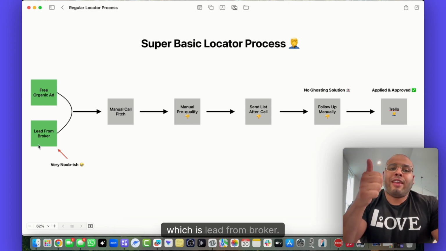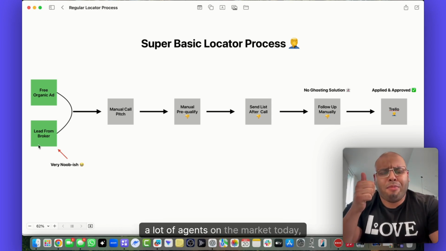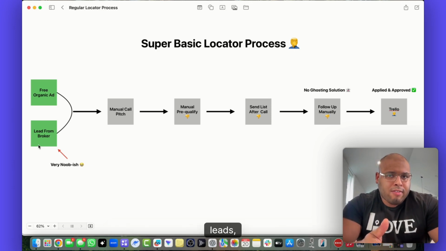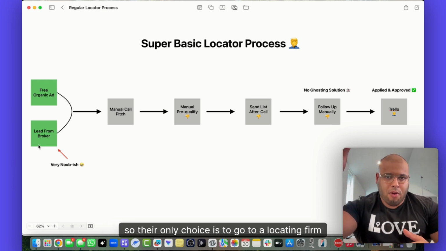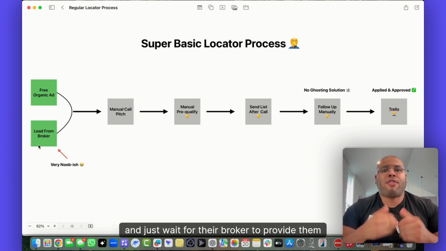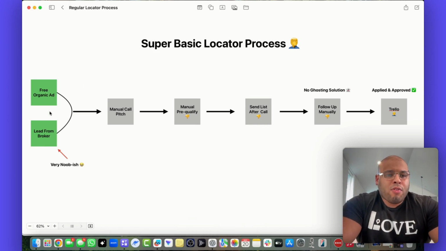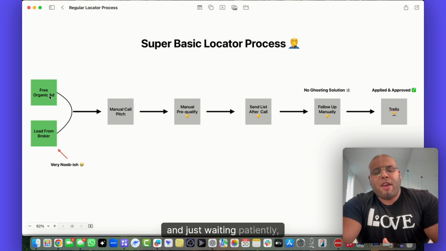which is lead from broker. Unfortunately, a lot of agents on the market today don't really know how to generate their own leads. So their only choice is to go to a locating firm and just wait for their broker to provide them leads to work. So whether they're getting the lead from the broker for free and just waiting patiently,